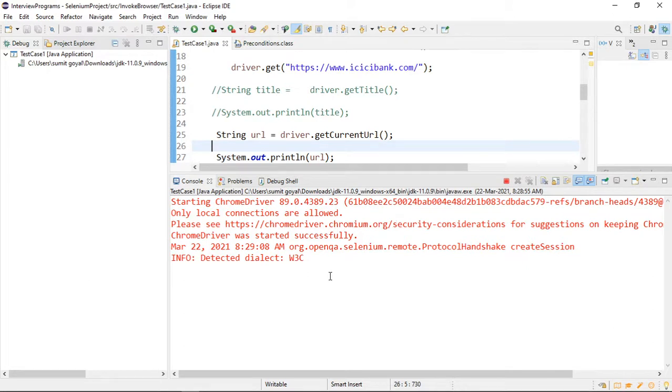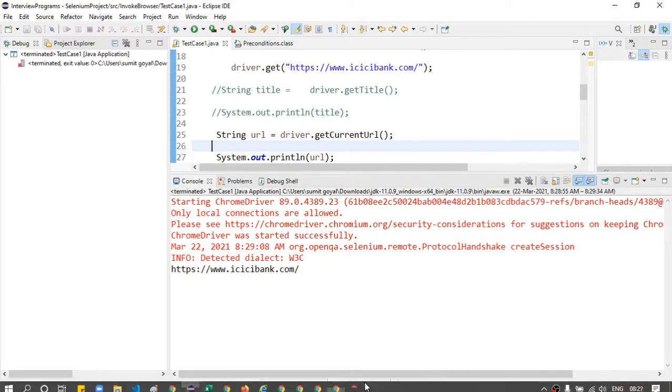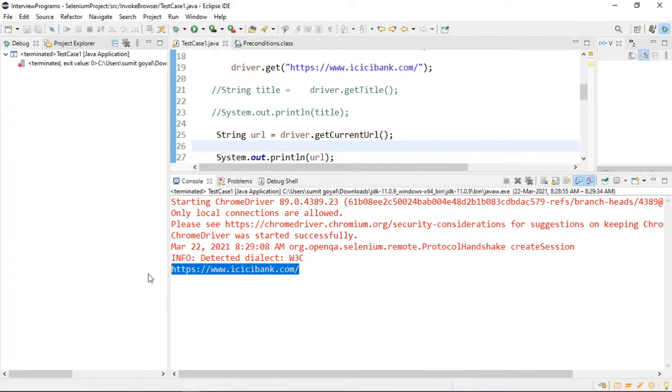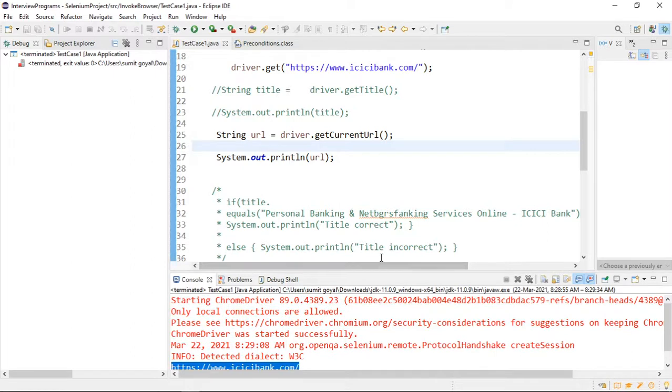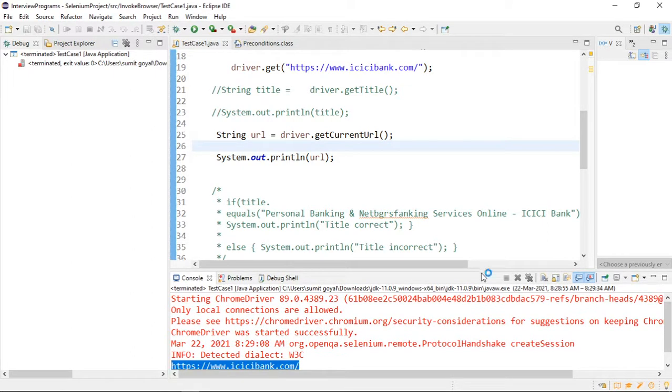So you should print the URL this time. You can say it has printed the URL, right? And after that you can put one if else condition to validate whether URL is coming correct or not.